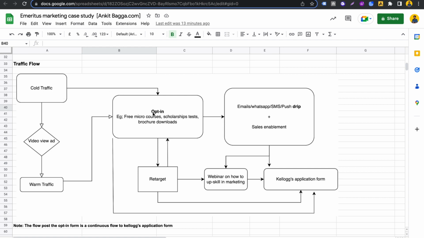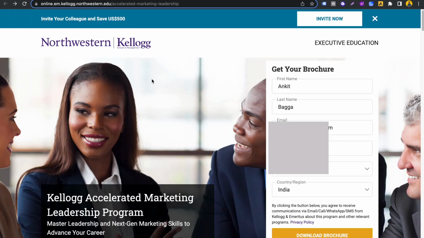Once people directly opt in or watch a video, we remarket to them to get them to opt in. People who don't opt in are retargeted to do the opt-ins. People who have opted in can travel directly to the application form page. So if they're downloading a brochure here, you could download a brochure here,